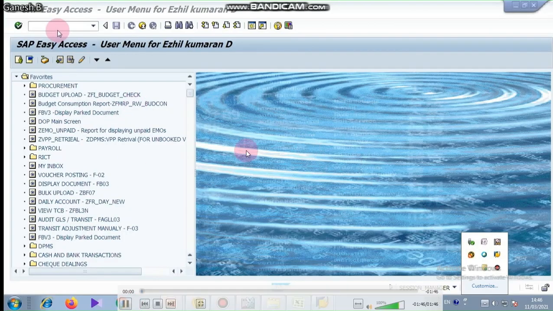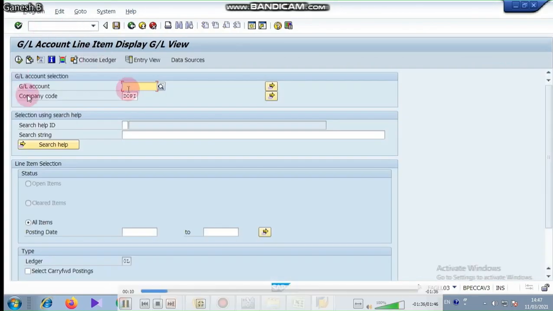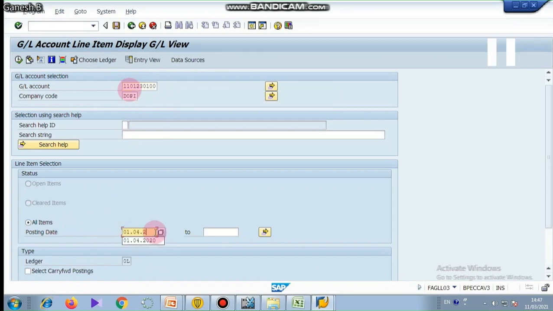So this is our SAP. Here I am going to enter FAGLL03. Enter the GL account for RMFM. 1101230 is nothing but the RMFM GL. Given period,